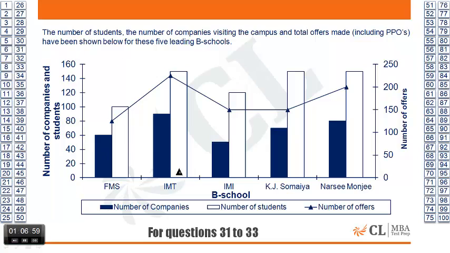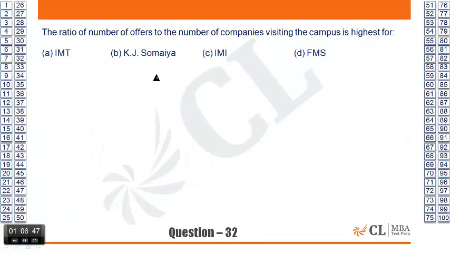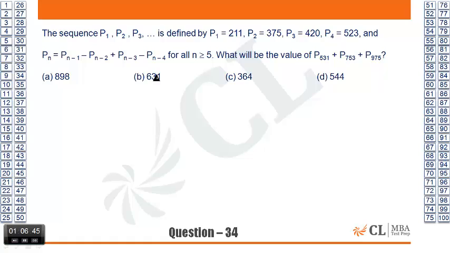What is this? There are three data, but I think the numbers are good. 80, 100, 140. Good numbers. I think this is a good set. 31 to 33 is a good set. Okay, it's a good set. Achha. Tempting.